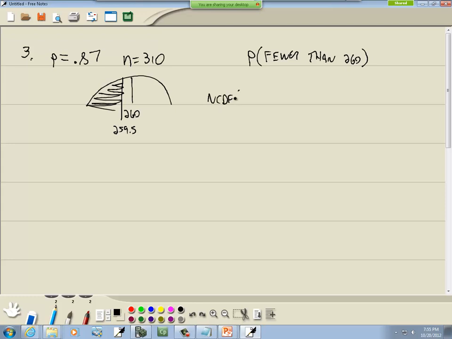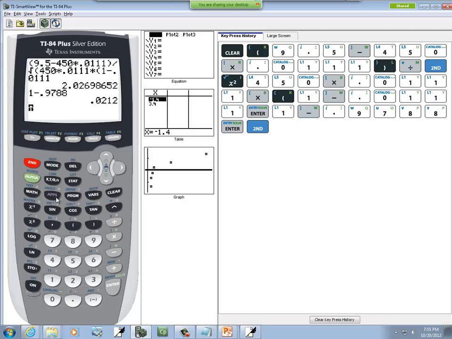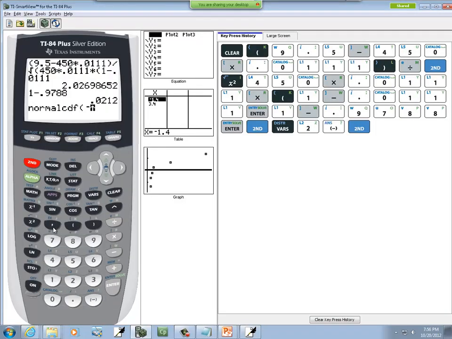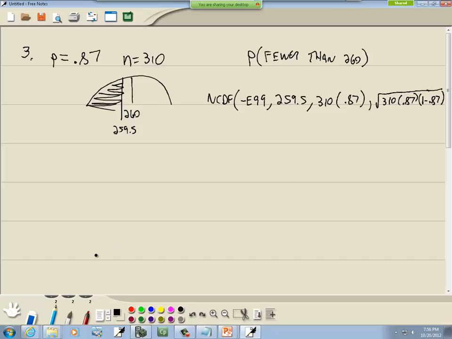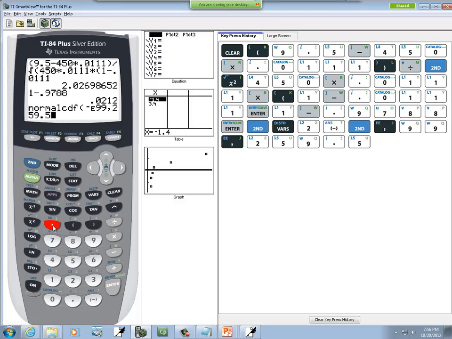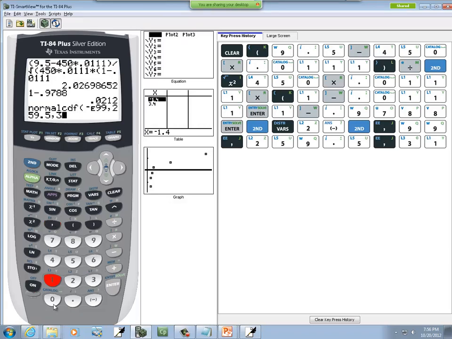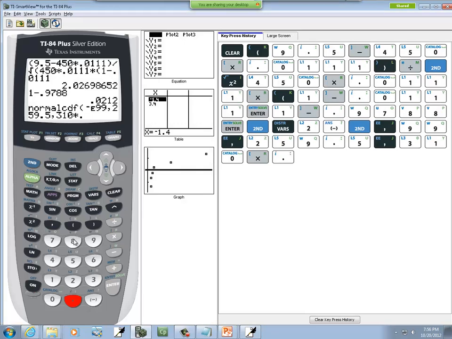So now we're going to do Normalcdf. It's shaded clear to the left, so that's negative infinity or negative E99. And then we'll put in 259.5, n times p, so we got 310 times 0.87, and then the square root of 310 times 0.87 times 1 minus 0.87. Let's see what we get here. So do second vars, Normalcdf, negative E99 again by doing second, comma, 99, comma, 259.5, comma, 310 times 0.87, comma, square root, second x squared,